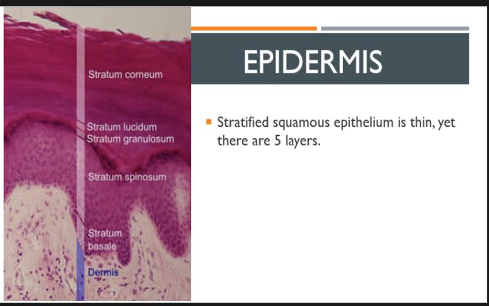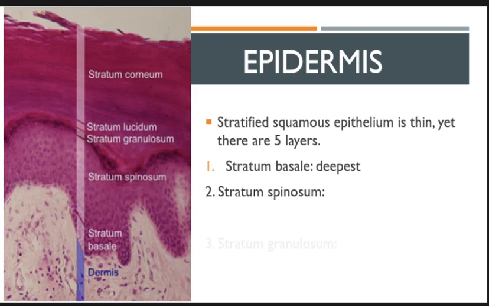We have stratified squamous epithelium, which is thin, yet there are 5 layers. So the 5 layers of the skin here, we're going to start at the bottom, and it's called stratum basale. It's the deepest one there, and it's only 1 layer of epithelial cells thick. So that's what was going down into that hair follicle, that 1 layer thick. All right, next comes stratum spinosum, above it. And here, next comes stratum granulosum,